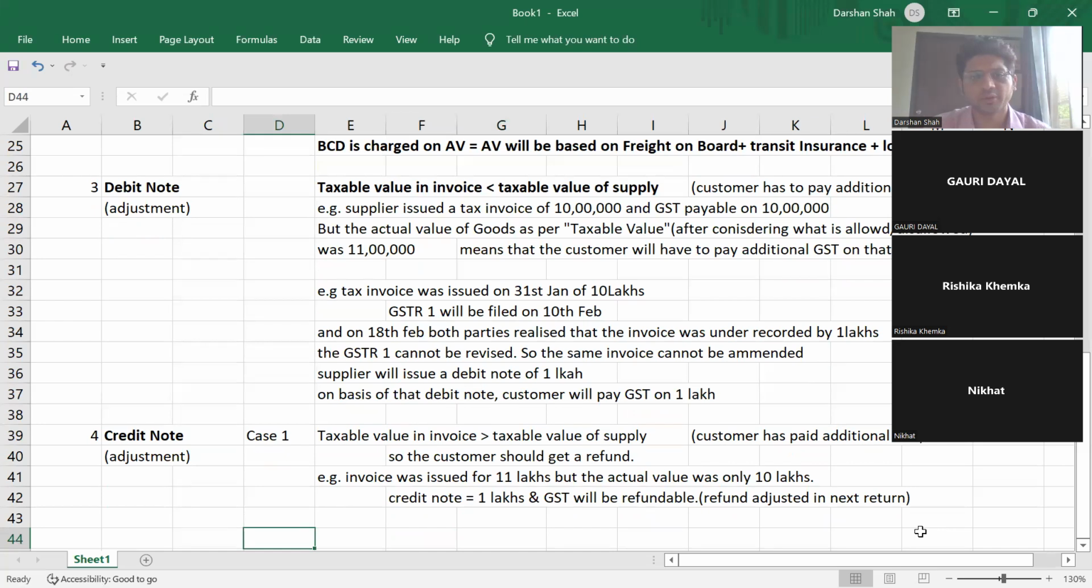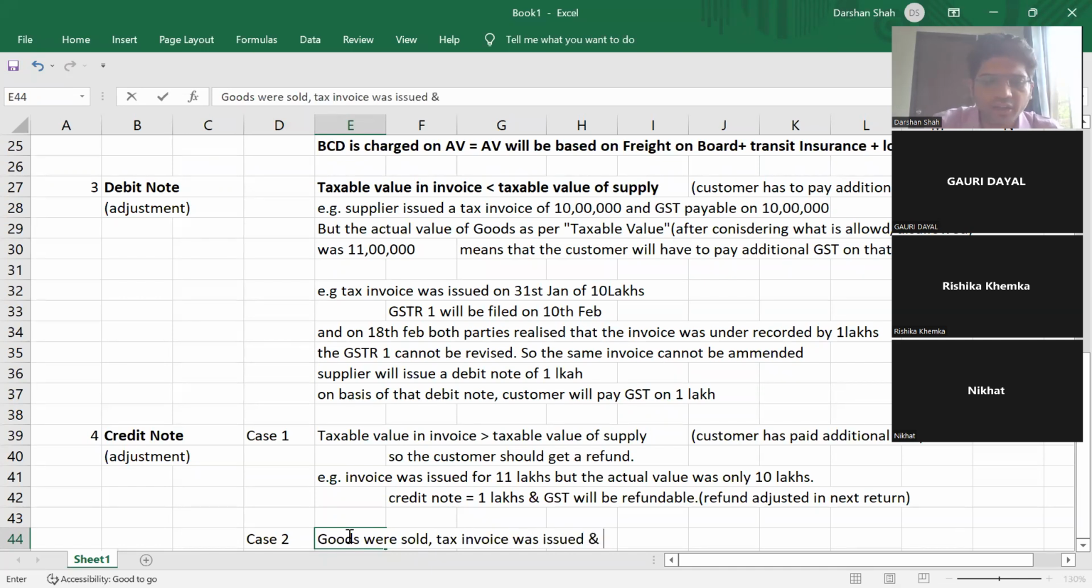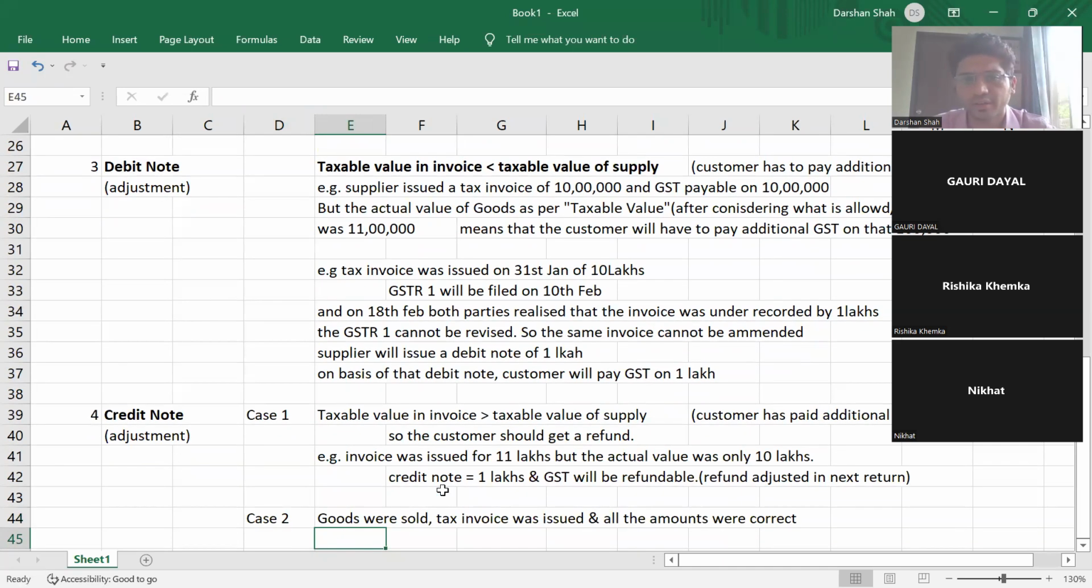Understood the difference between debit note and credit note? Yes or no? Okay, next. Case 2 is goods were sold. Okay, tax invoice was issued, and all the amounts were correct. No problem. There was no error. Correct. But however,